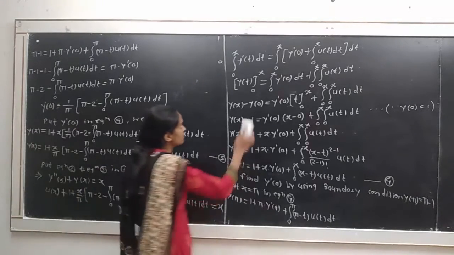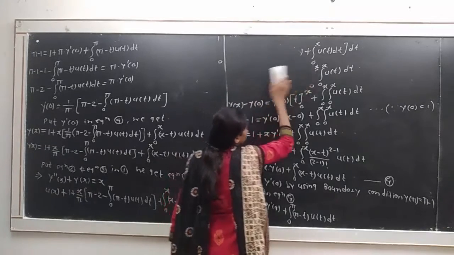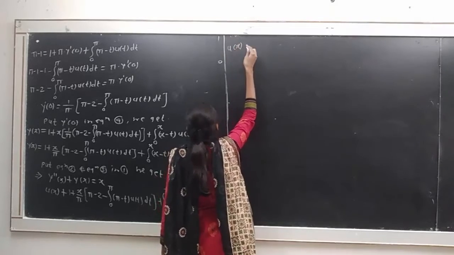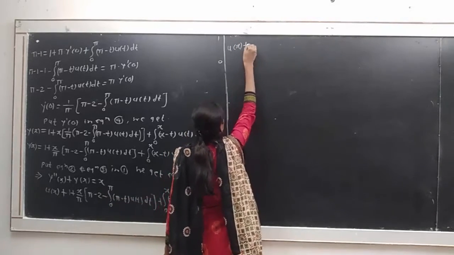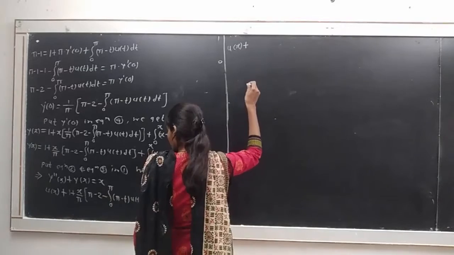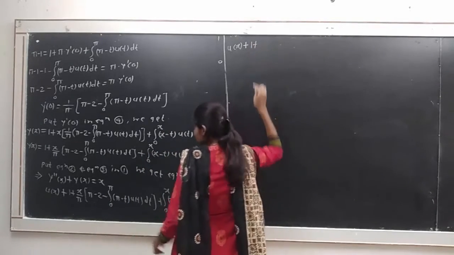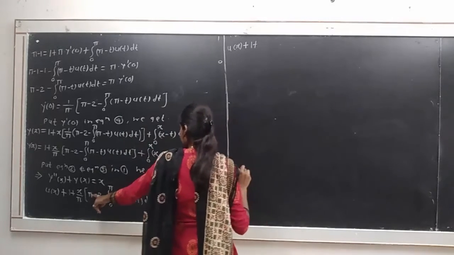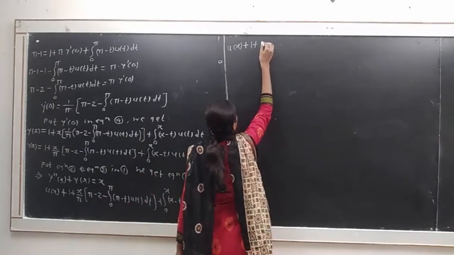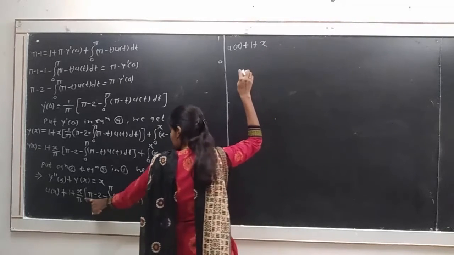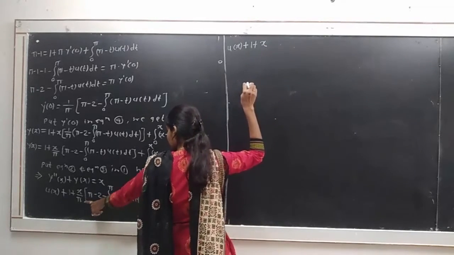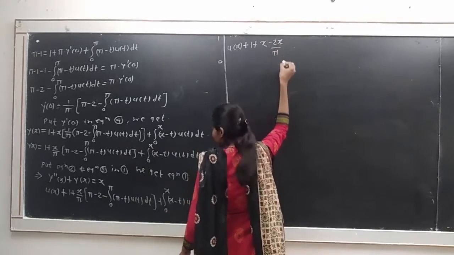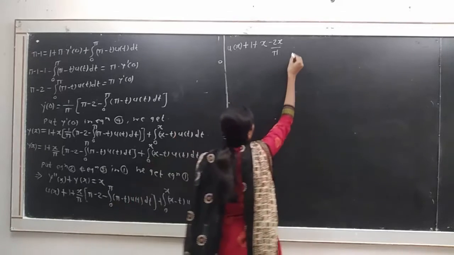Then we simplify this equation, we get u of x plus 1 plus, we multiply this x by pi inside this closed bracket, this pi gets cancelled and here only x. Then the next term is minus 2x divided by pi, then minus x by pi